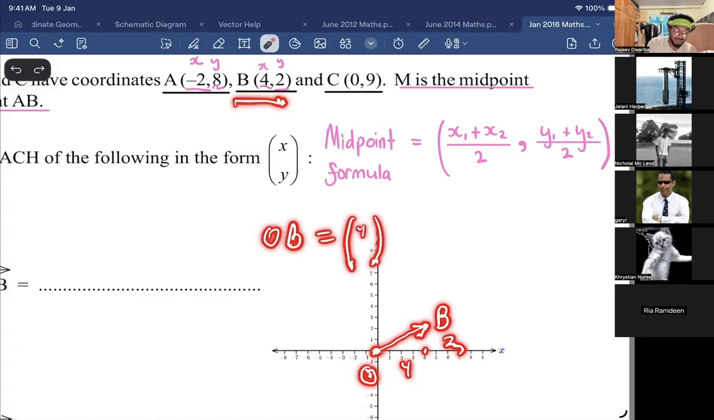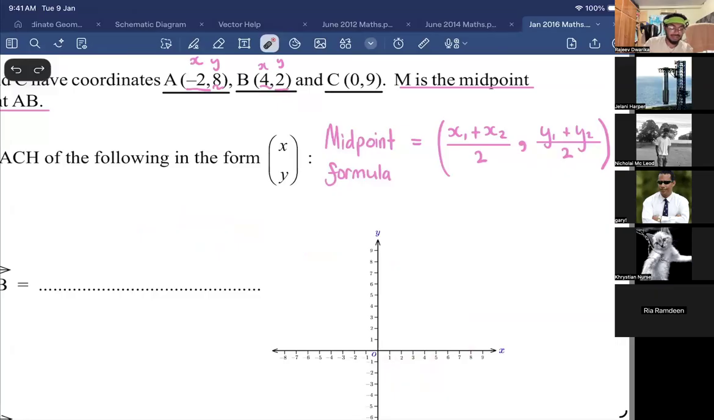4, 2, sir. That is all. That is it. I tell you, Christian, it's real easy. Very simple. Christian, while you're at it, what do you think O to A is? Negative 2, 8, sir. Easy. So what I'm saying is, guys, anytime you're given points or coordinates,